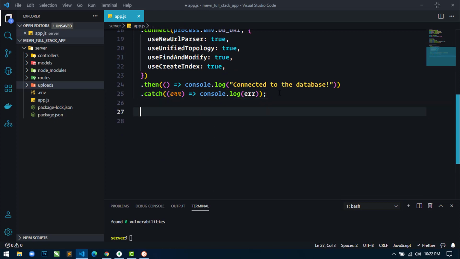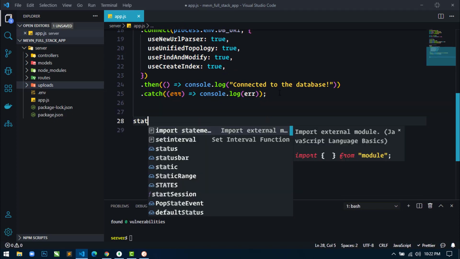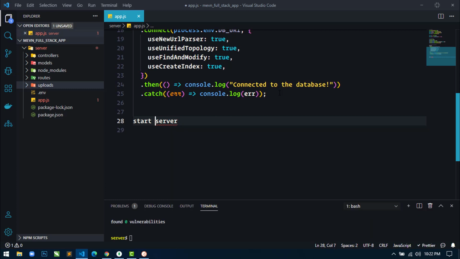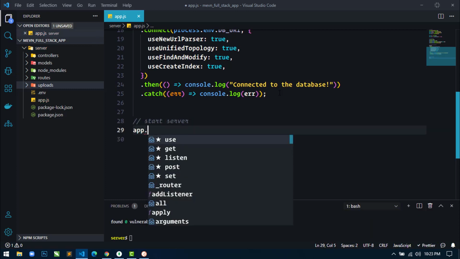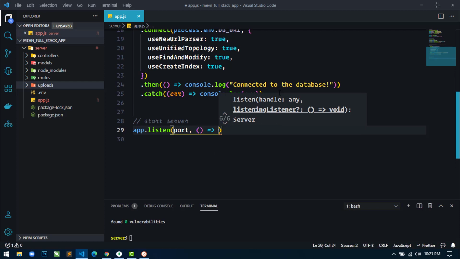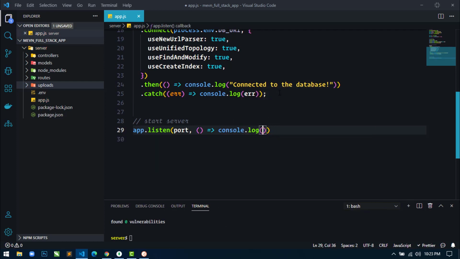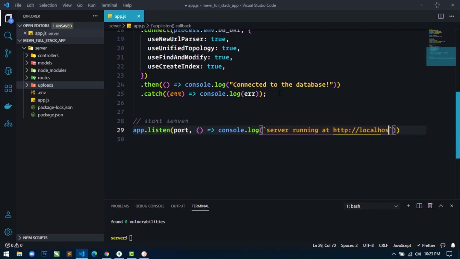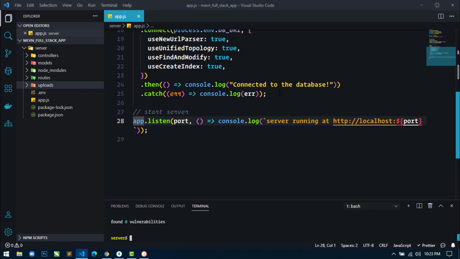Now next here I will just start the server, using app.listen with port, and then we'll display a message that the server has started. So here I will write server running at http://localhost and then the port. Okay, save this. Now if I go to the terminal and write npm run